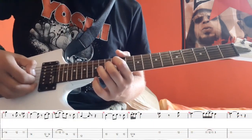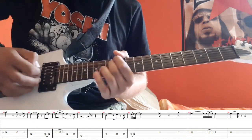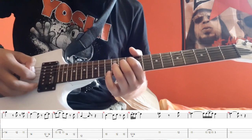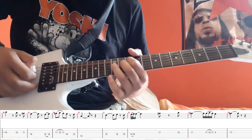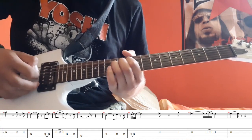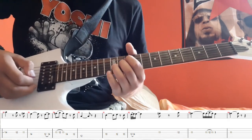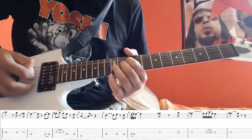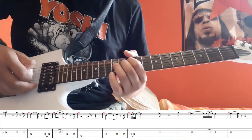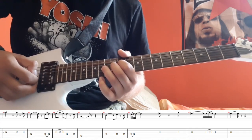Then you'll play the same thing, so it's this part again. But instead of going lower, you climb. So instead of doing this, what you do now, it's this. So what that is, it's the 10th fret again on the D, then the 12th fret, and then the 10th fret again, and then you slide to the 14th fret, and then you do the 11th fret on the G